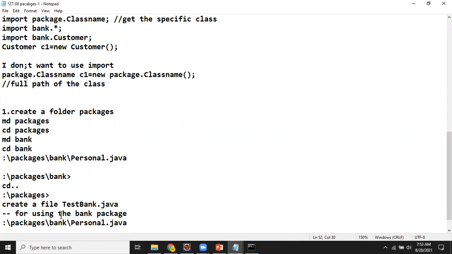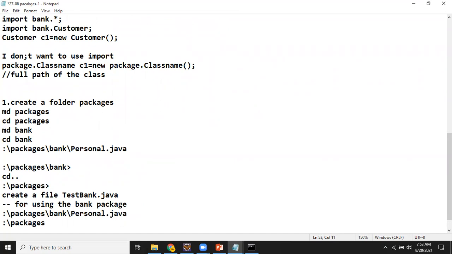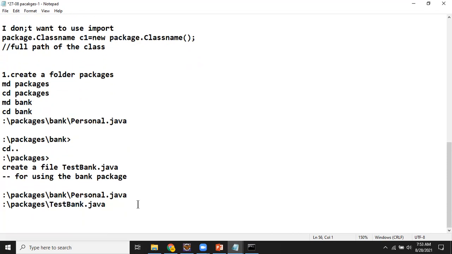Then this driver class is in the packages folder. So here I have the testbank.java file. Are you able to understand the package path where exactly the files are present? I have a personal.java file, which I created in the bank folder, and I used TestBank as the driver class, which I'm creating in the previous folder.